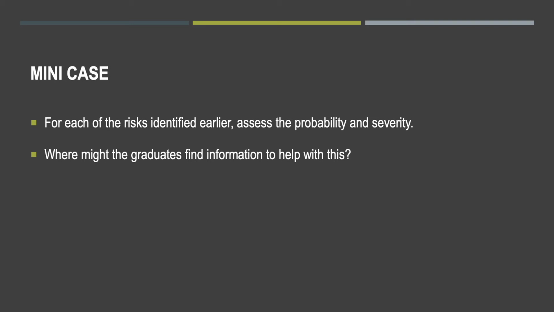What about improper food handling? That was one of the legal risks that we identified. The probability of that occurring is probably low, but if it does occur and we make all of our customers sick, the severity of it could be high. We could then look at human resources. One of the ones that we identified was employment discrimination. So when we're hiring, we have to think about and be conscious of not discriminating against potential applicants. The probability of occurring is most likely low, but the severity could be quite high if a human rights complaint